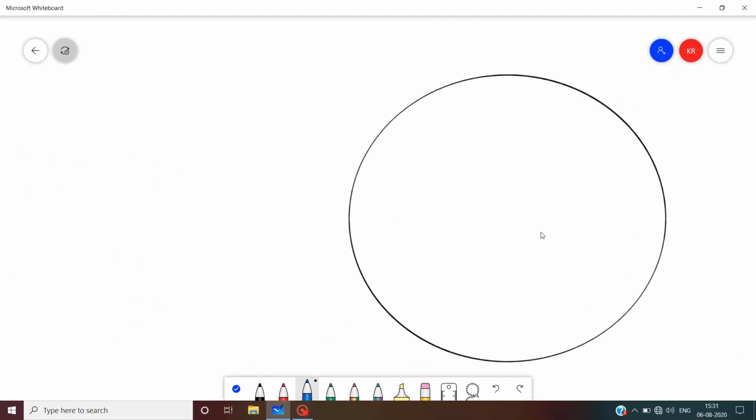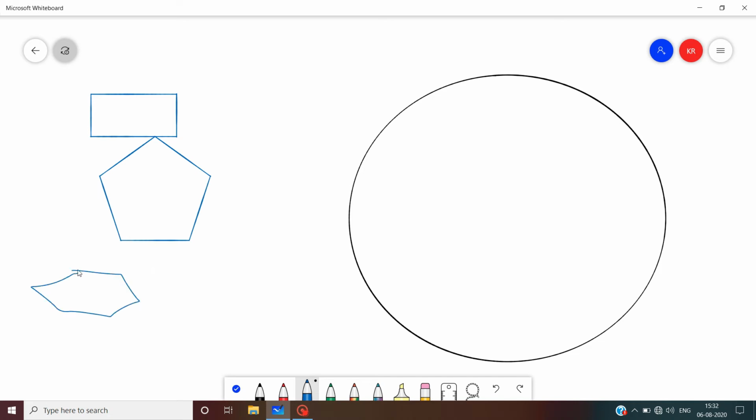So now coming to circle. How can a circle be defined? If we say a shape which is bounded by 4 sides, it will be a quadrilateral. If it is 5 sides, then it will be a pentagon. 6 sides, that will be a hexagon. So any shape which has an infinite number of sides forms a circle, right? So that is called a circle.